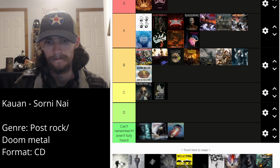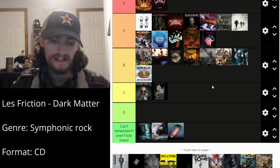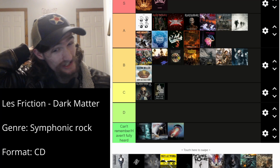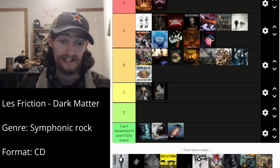I like it. I'm gonna put it right above Amarth. It's a super cool album. Next up, Dark Matter by Less Friction. This actually is one I can remember. This was a really important one to me ages ago. It's a super cool album. It's been a long time since I've listened to it, but it's like